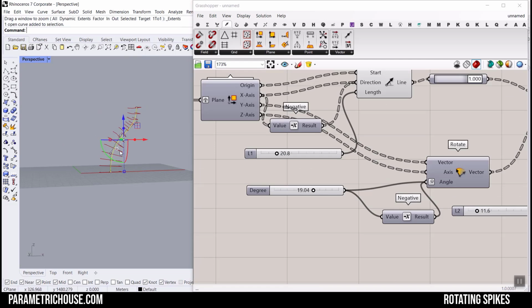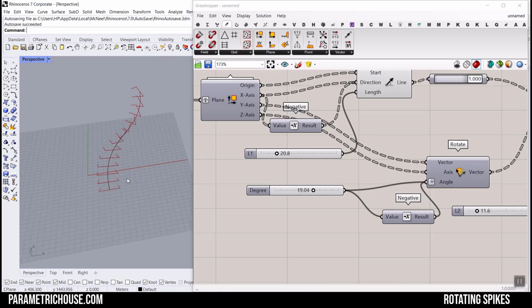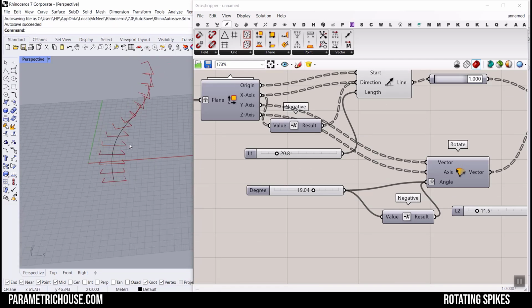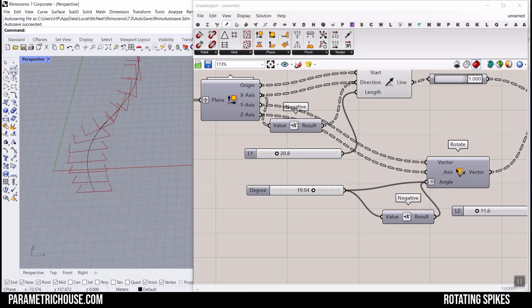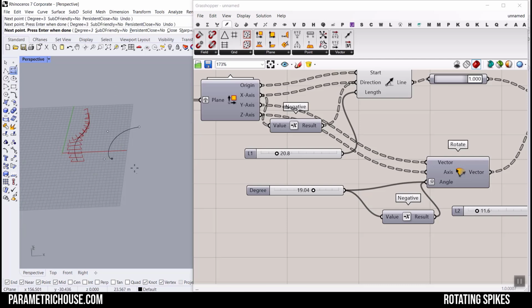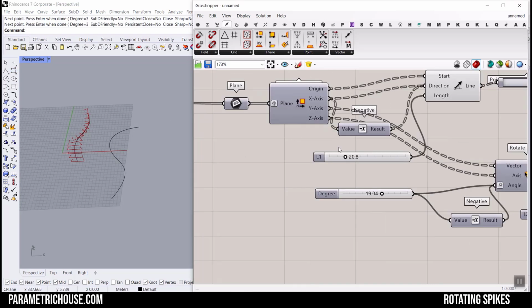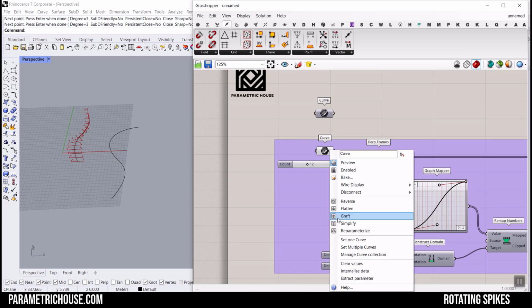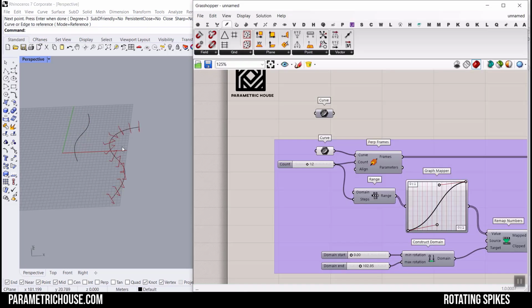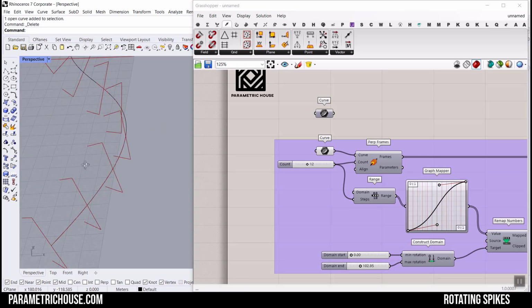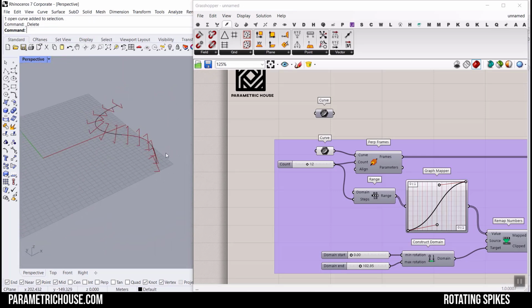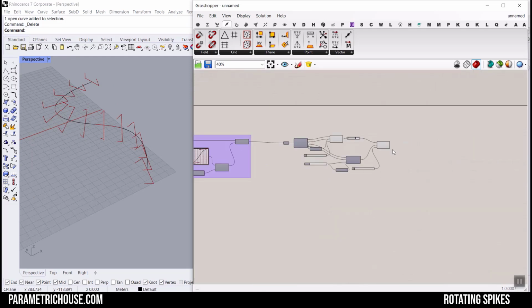Based on the project, maybe we just want to make this a little bit bigger and control the size and play with that, okay? Or you can just draw a curve on the ground. Doesn't really matter. We want to have an exercise on how Grasshopper can control things like this. Okay. Now that we have these lines here,